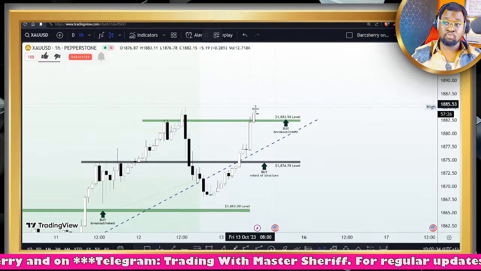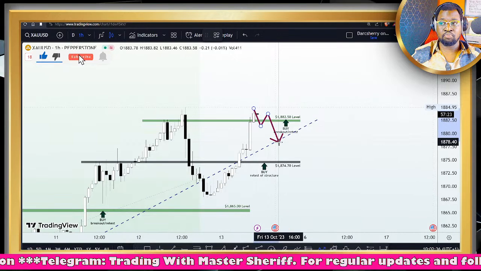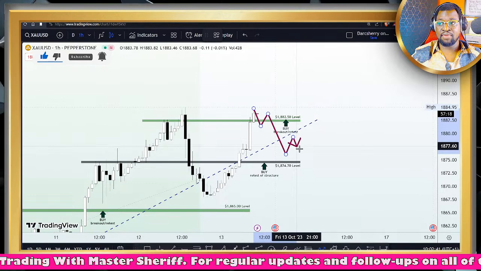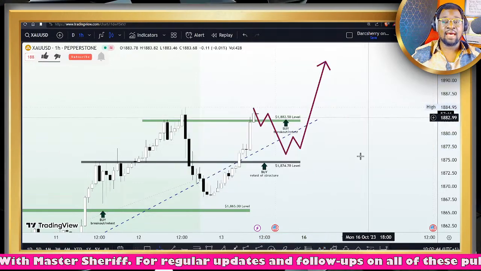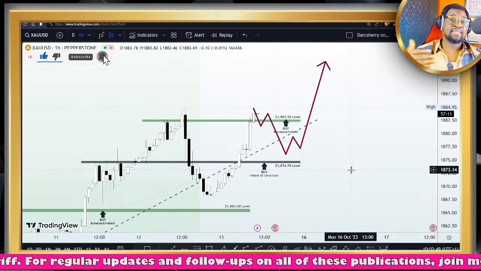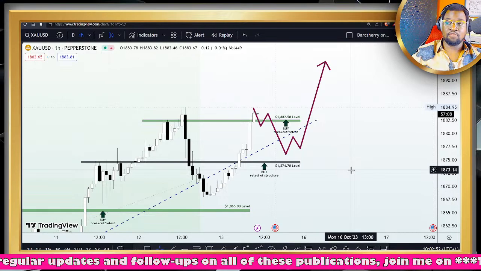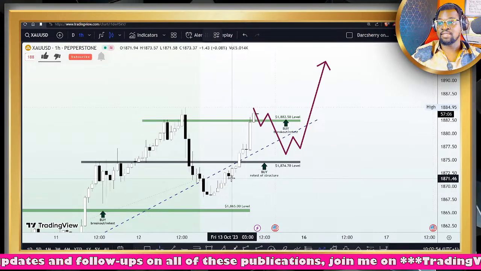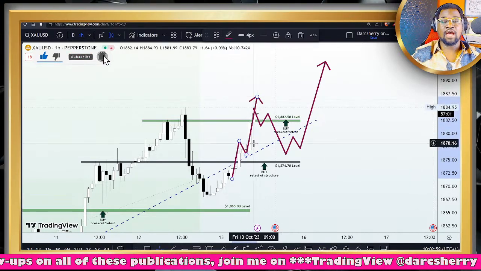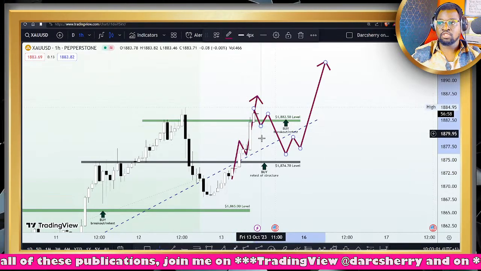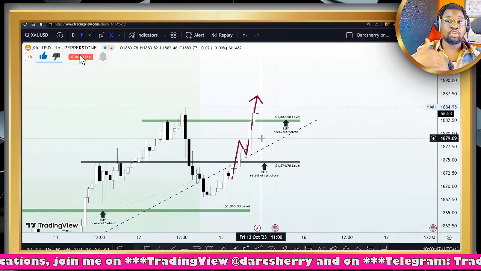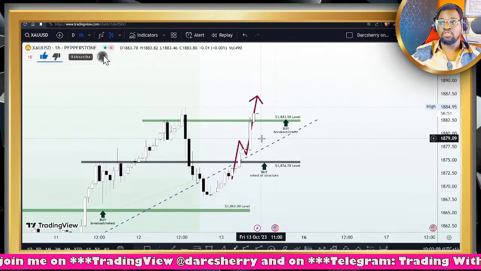So I'm looking forward to price doing some selling pressure into probably the ascending trend line or just somewhere around here, where the appearance of buy pressure will now give me an opportunity to join the uptrend move. Now, for those who had capitalized on the breakout retest of that ascending trend line, that is after price climbed back and retested the structure, for those of us who took advantage of this move, I will be suggesting that you move your stop losses accordingly, lock in some profit while we wait for new setups to emerge on this structure.